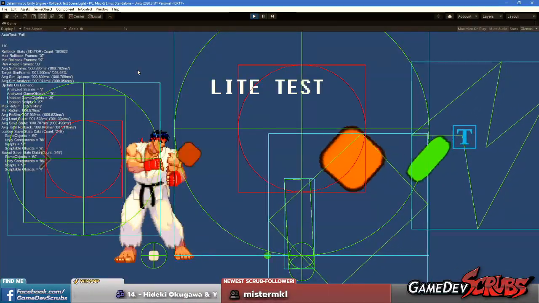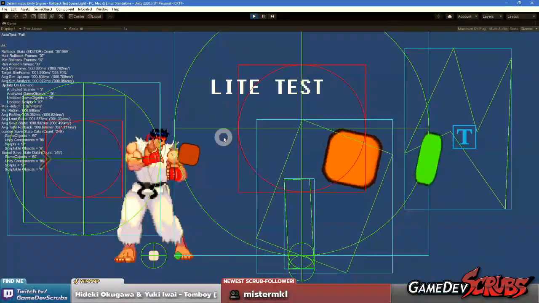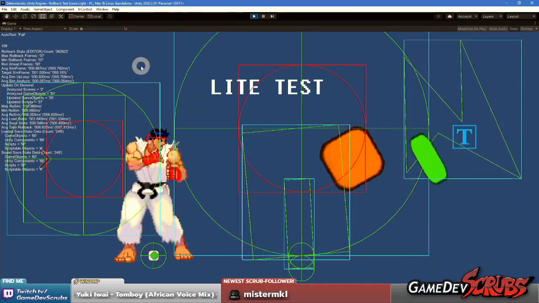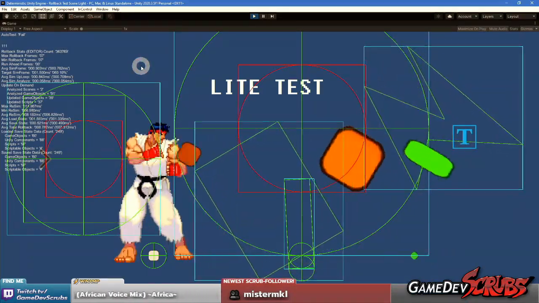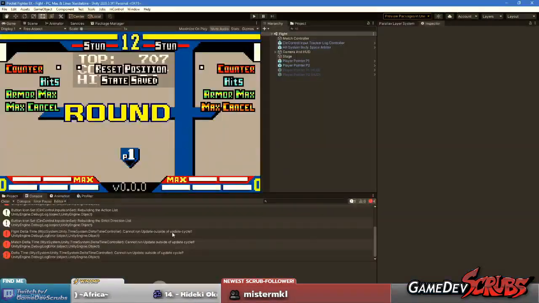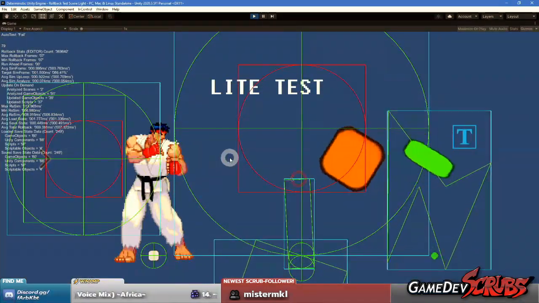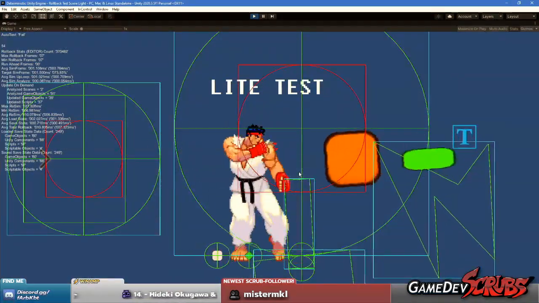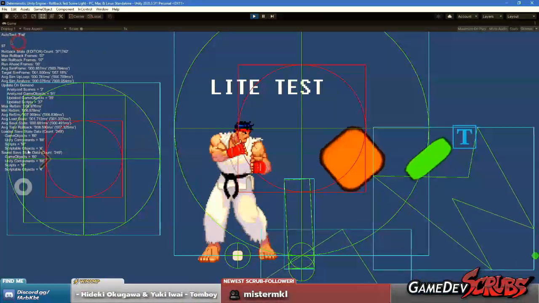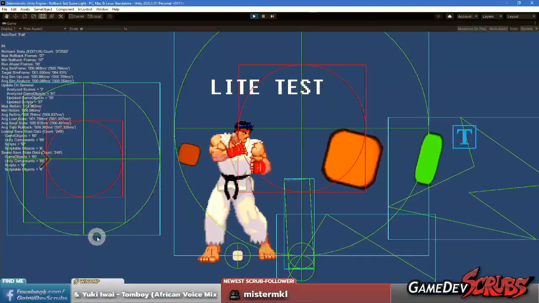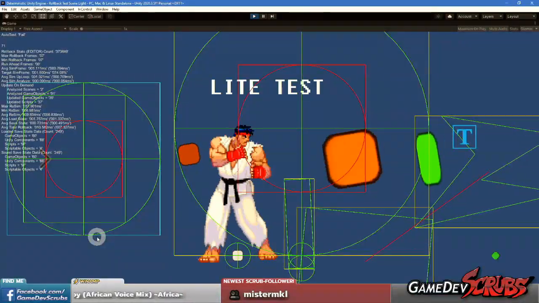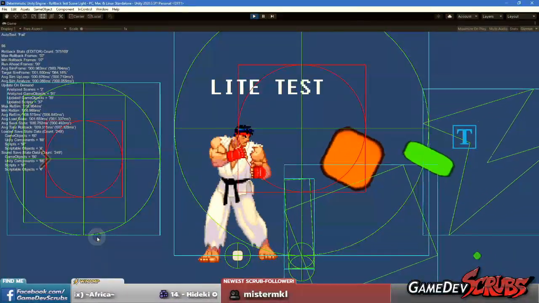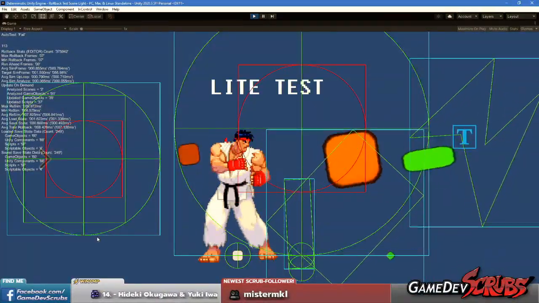And that's essentially what I've got going on here. I mean, this is a bit more complicated because I want to integrate rollback into Unity. That's a whole other next level thing. But the idea was I didn't just pop up Pocket Fighter EX and start tinkering with it. It was too complex to work with, to break apart and experiment with. So I created a new project. That's why it's just this weird test thing going on here. I just created a new project file and I started building. And so that's kind of that philosophy, but to the next step, to the next level. So hopefully that makes sense. That would be my recommendation.